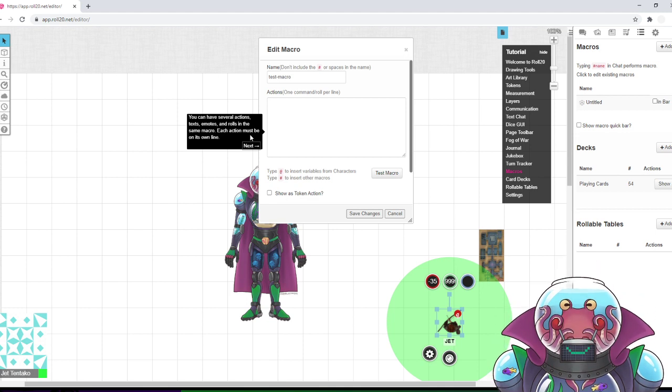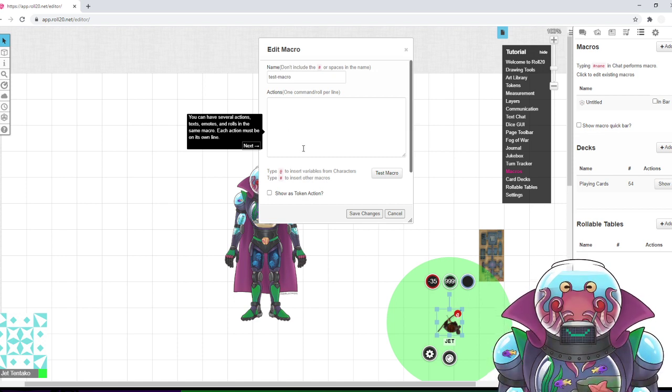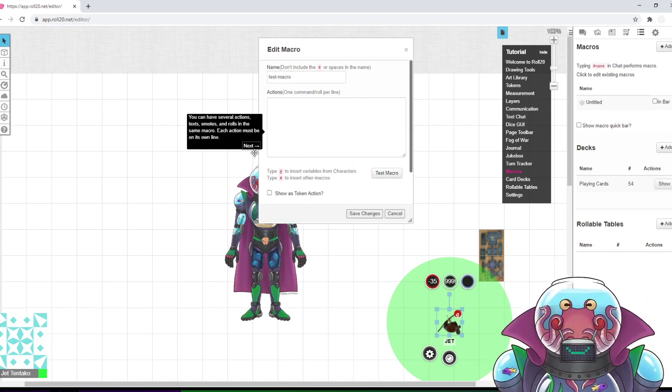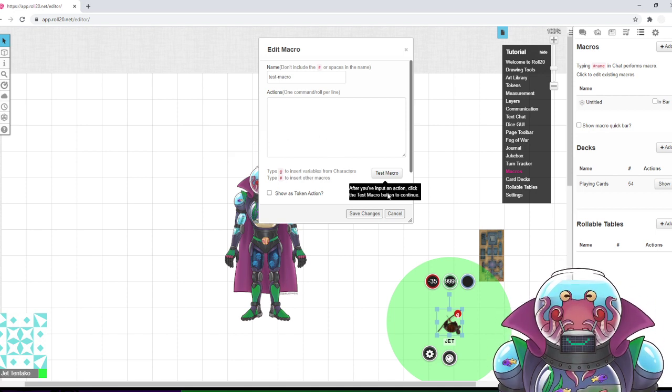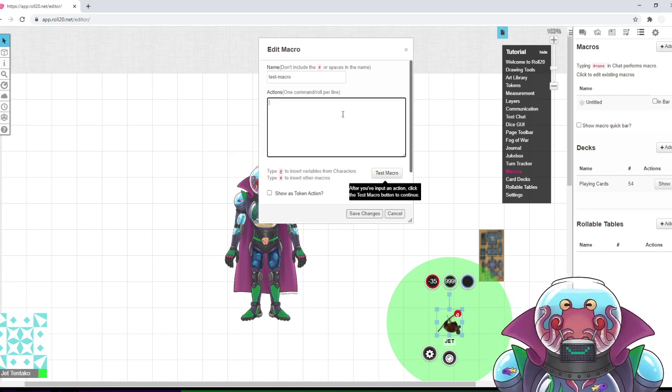Okay, so you could set this up so you just type attack and it does your main attack. That would make sense. Or like, it's dagger and it would do your 1d4 plus modifier plus blanky blank thing. That makes sense, kind of. Each action must be on its own line. After you've input an action, press the test. Okay, so